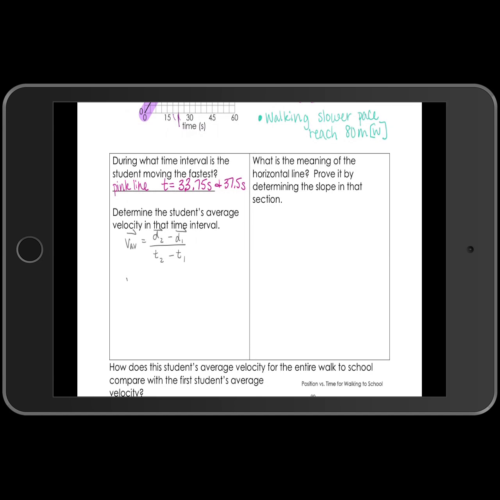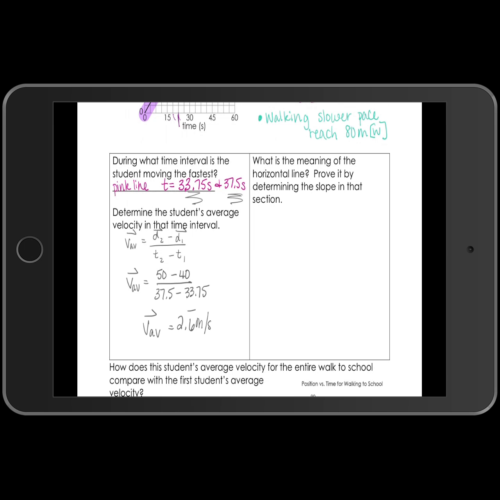So the average velocity equals 50 meters, the second position, minus the 40, the starting position, over the time: 37.5 was the ending time minus 33.75. When you do the math for this, you get 2.6